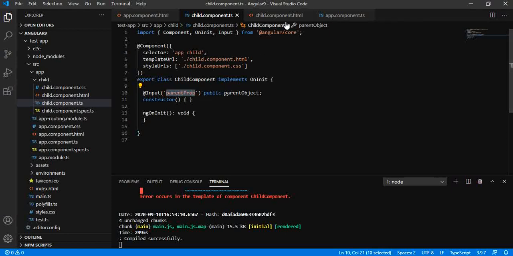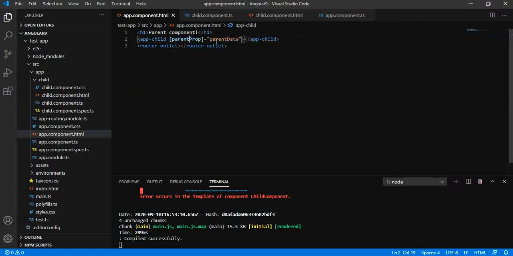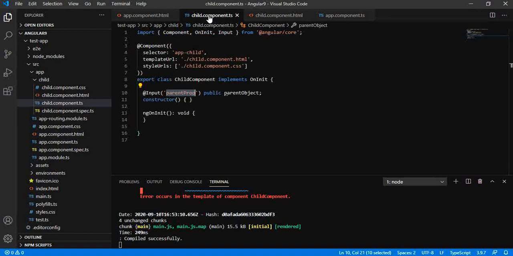So this parent property is coming from here, and you have given this particular name to the client to send the data, and when it is giving you the data, you have applied some name aliasing and using this particular variable name or object name.